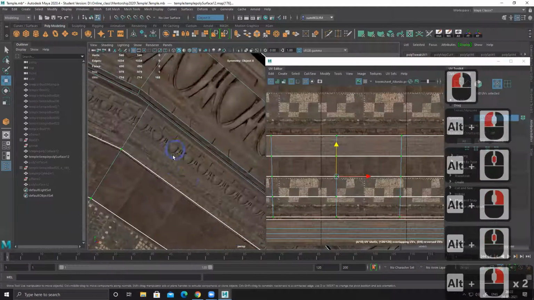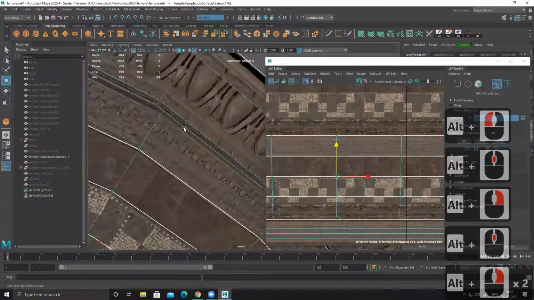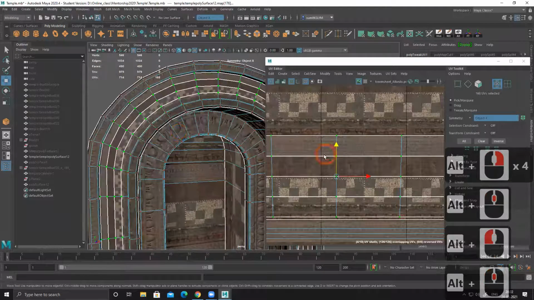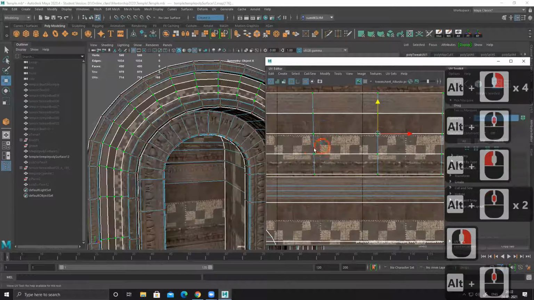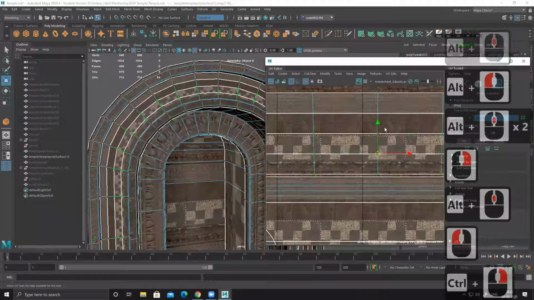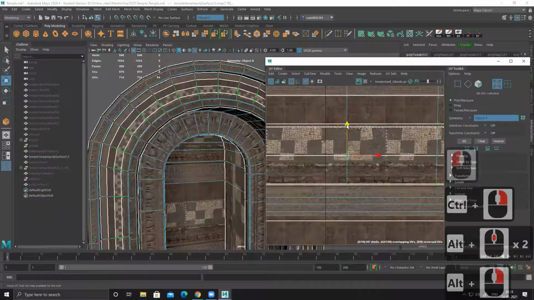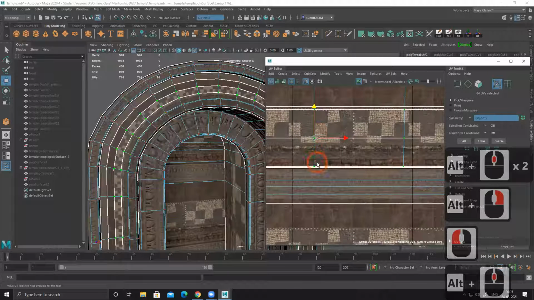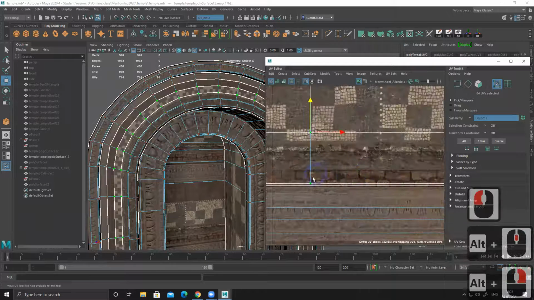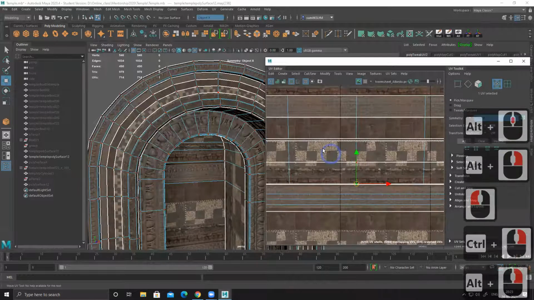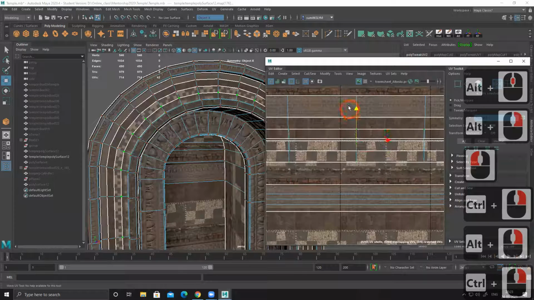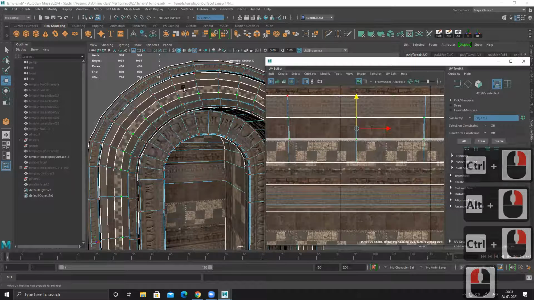So the density should be something like this, not like this, right? In this case, I can select these two. If I want, I can place this one ring here and another one back to this.